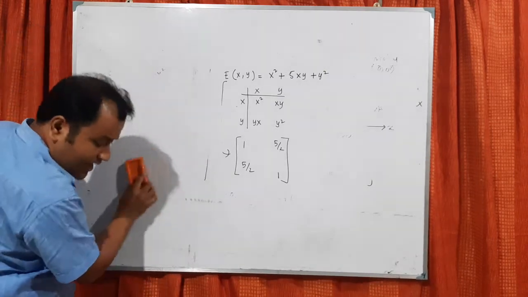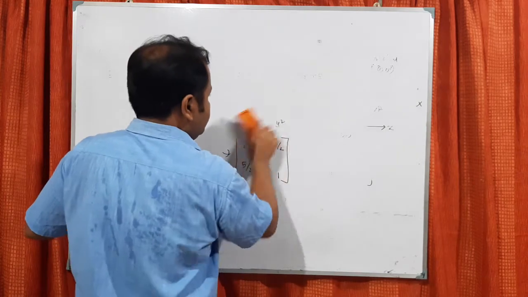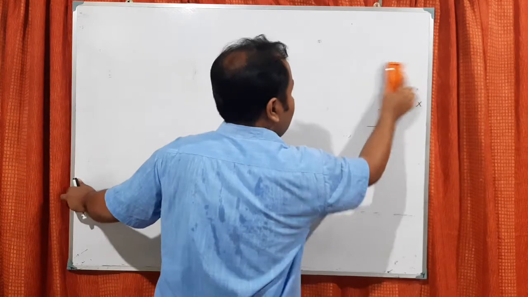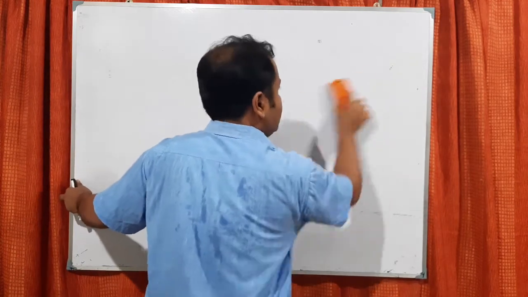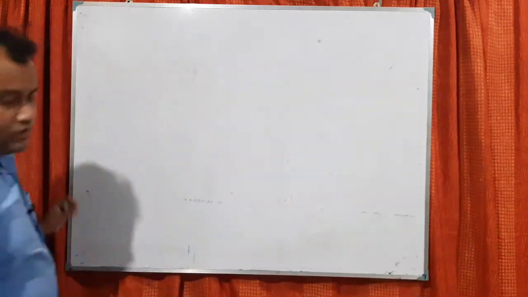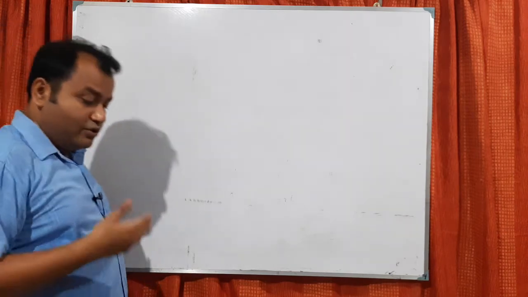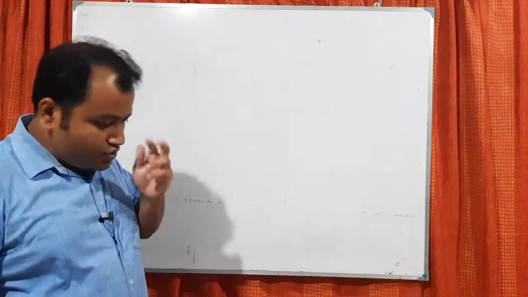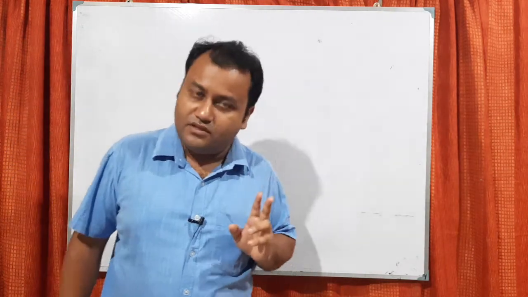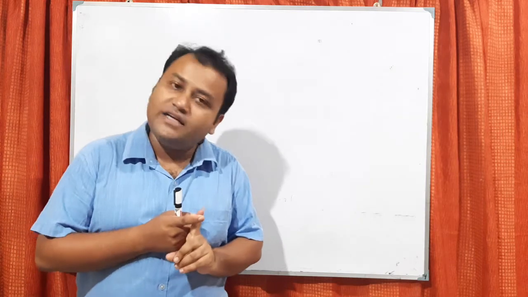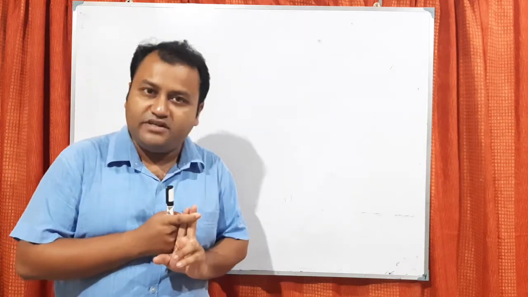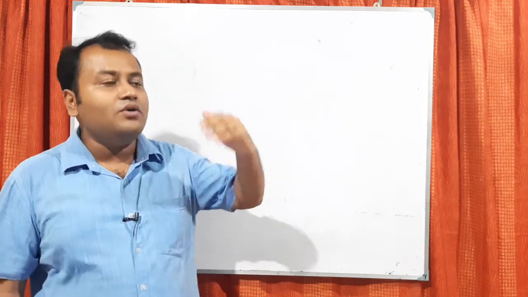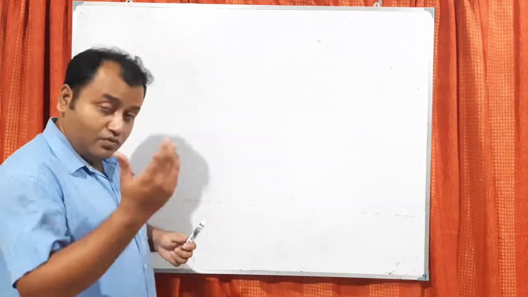Then there is another concept I want to give. This concept is very important and many people make mistakes here. So I want to make you comfortable by doing this in a non-conventional method. We know there are two kinds of derivatives. Number one, ordinary derivative. Number two, partial derivative. So when does the ordinary derivative happen? When there is only one choice.